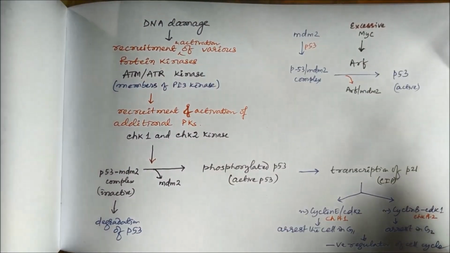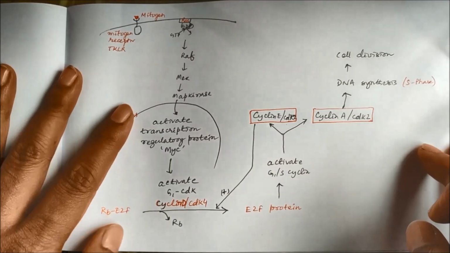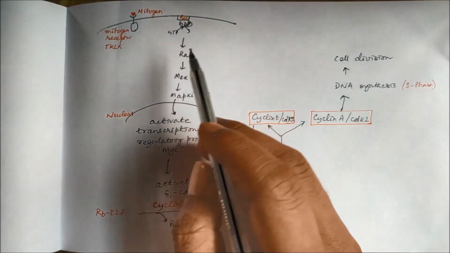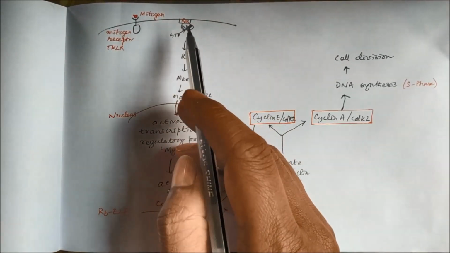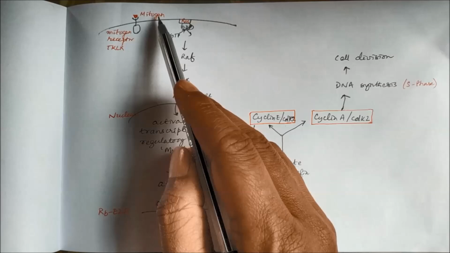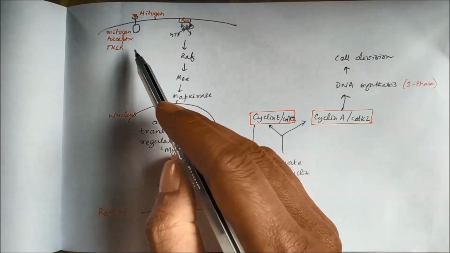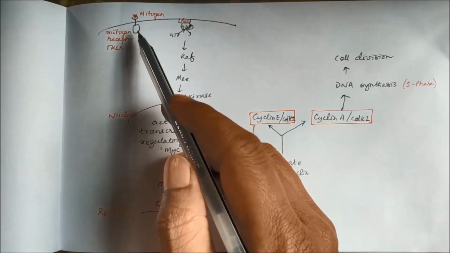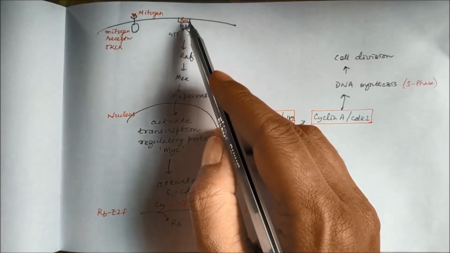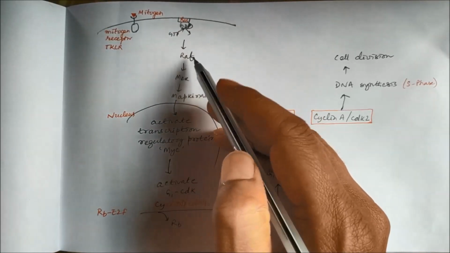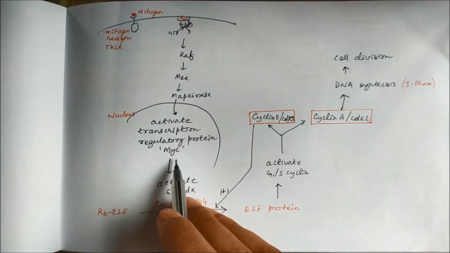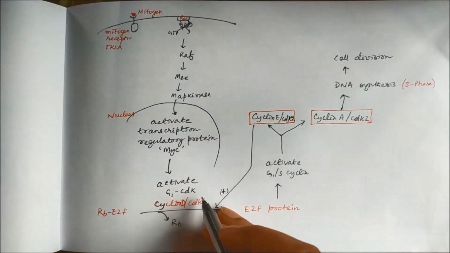And the second one, the retinoblastoma gene, how does this retinoblastoma gene act? Let us see. When there is excessive cell division, the cell division is induced by mitogen, and the mitogen receptor is a tyrosine kinase linked receptor. When mitogen binds to the mitogen receptor, it will follow the RAS-RAF pathway. First there will be GDP-GTP exchange in the RAS, then RAF will phosphorylate the MEK, which will phosphorylate the MAP kinase, which activates the transcription of regulatory protein MYC and activates the G1 CDK like cyclin D CDK4 complex,